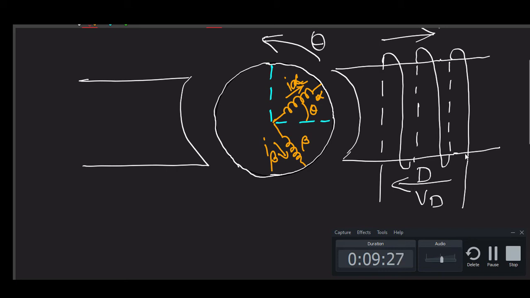Now in this machine, our winding D designates the field; this is the pole axis, that D is the only field axis. Here no capital Q is there, and we are having two armature phase windings, alpha and beta, and also we are having two hypothetical windings, small d and small q. These hypothetical windings are rotated.